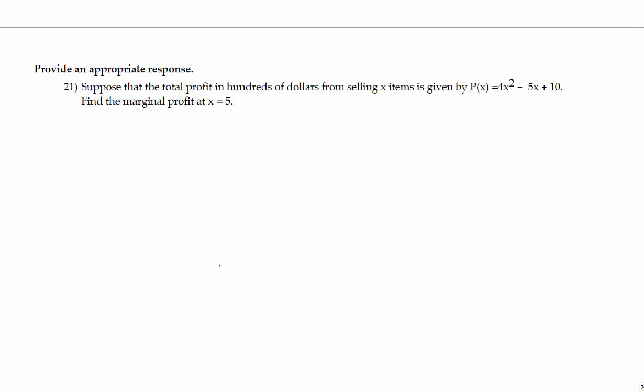Number 21, we are given the profit function, and we're asked to find the marginal profit at X equals 5. So marginal profit, very similar to what we just did. Marginal says take the derivative. We have our profit function. So P prime of X is equal to 8X minus 5. And now evaluating this at X equals 5, we get 8 times 5 minus 5. So we have